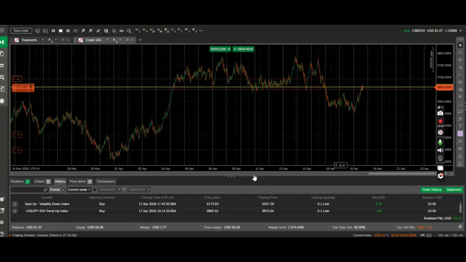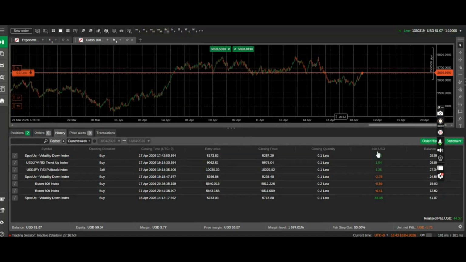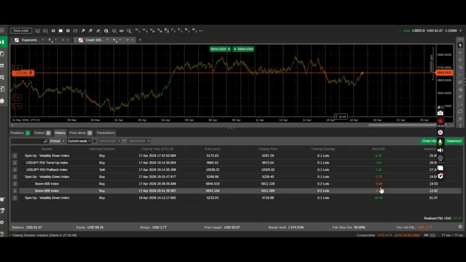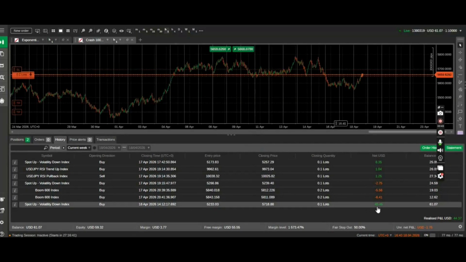So maybe just to look at the history. So yeah, these are the trades I took yesterday. You can see I had some small losses and some big winners. So the goal is to try, so we begin with $16. Yesterday we ended the day at 61, so today we're beginning at 61, and the goal is to try to